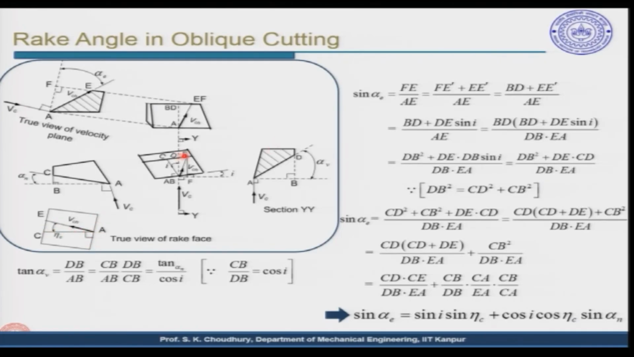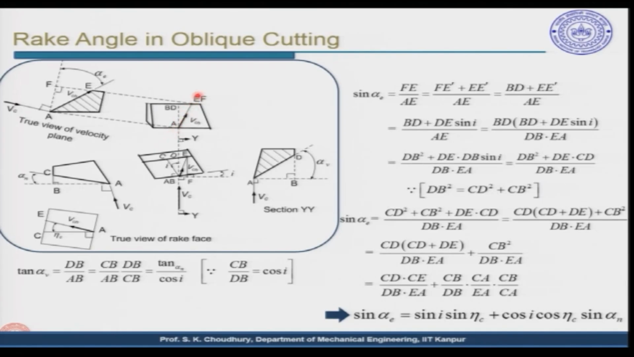In the other view, which is along the VC, if you take a section along the VC, let us say YY, this will be the YY section, and here this will be the cutting velocity vector. Now, here is the chip velocity vector; the chip will be flowing along the rake face, and this E will be here, the F here, at that point, and if we take a section which is along the